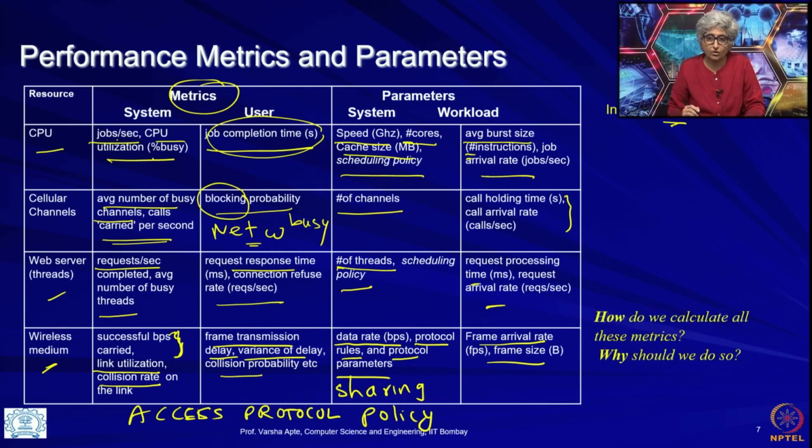Now, how do we calculate all of these metrics? It seems fairly dizzying, all kinds of metrics. Before we go into how, we may want to ask, why should we calculate all of these metrics? Everything should have a purpose, and you should never believe that something should be done just because I am saying in this lecture that it should be done. So, how do we calculate? Why should we calculate? Why is it important that we know all of these metrics? And then finally, really what is all of this that we are doing?